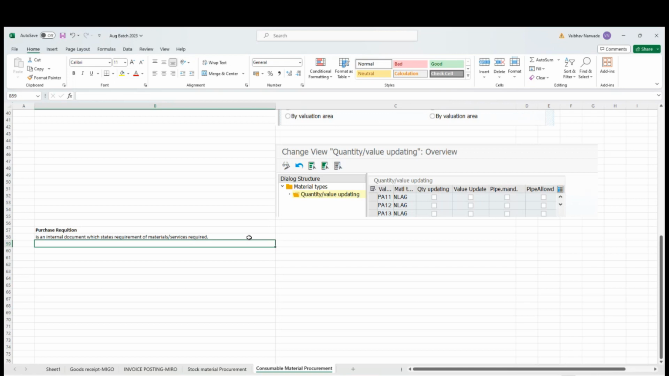Why is it an internal document? It is not shared with suppliers or vendors. It is not shared with vendors directly. So जिस डिपार्टमेंट को कोई मटेरियल या सर्विस चाहिए, that department is supposed to raise a purchase request, and that purchase request is handed over to purchase department. So internally, the departments will create purchase requisitions, and those purchase requisitions will go to purchase department, and purchase department's